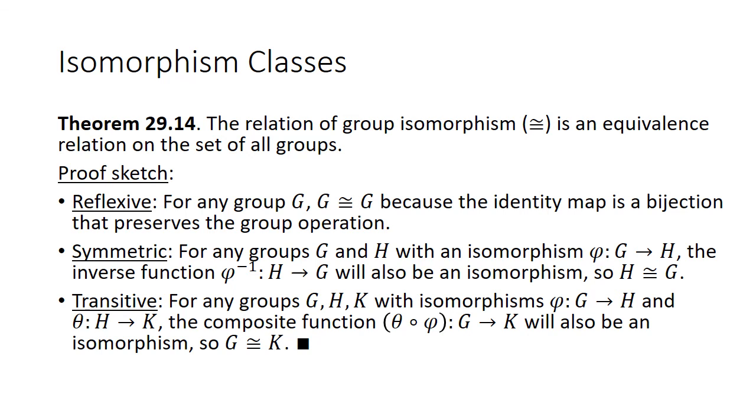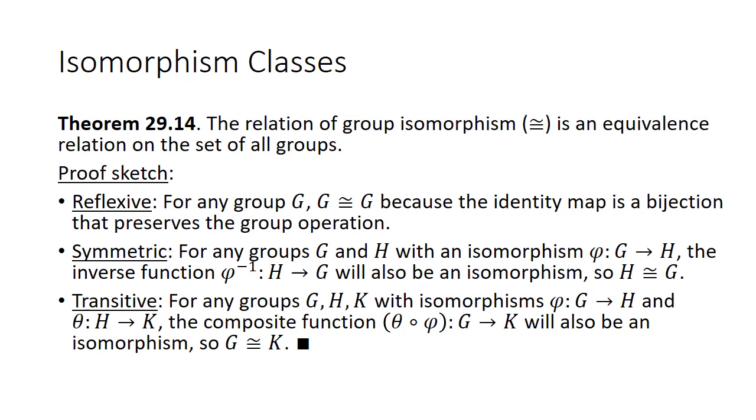And then isomorphism will be symmetric because if you have two groups G and H that have an isomorphism phi between them from G to H, then the inverse function phi inverse, which always exists for a bijection, will also be an isomorphism. Again, it's just a sketch, so I haven't proved that, but that's what you would need to do. Then H will be isomorphic to G,